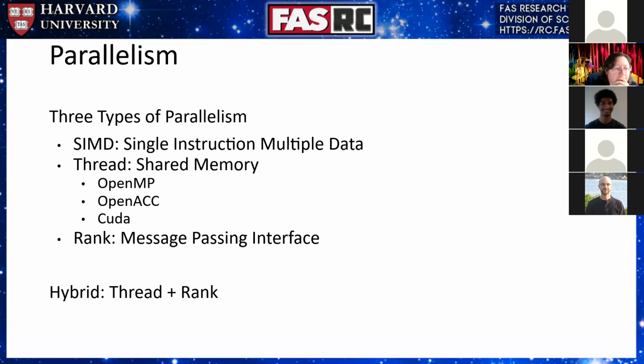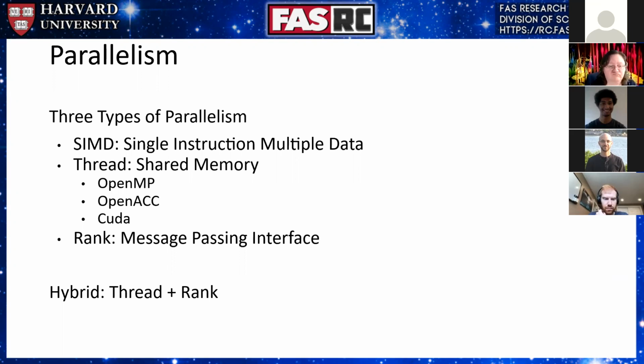Thread-based parallelism is shared parallelism, which is what you get from OpenMP, OpenACC, and CUDA. Basically, you have a node, you're constrained to that node, and you're pulling data in from that node, and you have a bunch of threads operating over that. That's an entire talk to itself. I'm going to just mention that it exists and move on. Thread-based parallelism is probably the easiest next level of parallelism to go. So if you want easy levels of parallelism, SIMD is probably the easiest, followed by thread,